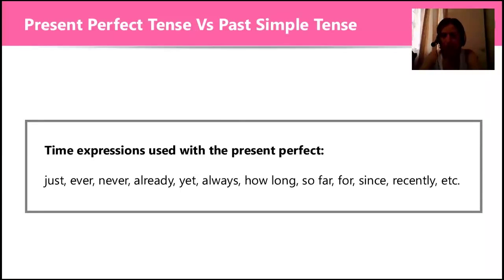And the time expressions used with present perfect. I want you to really think about these words, and whenever you see them, there is a possibility that it is present perfect. Just, ever, never, already, yet, always, how long, so far, for, since, recently, and so on. Usually these are the most used. Always is a little bit for present simple, present continuous, and also present perfect. For example, with always, I can say, I have always